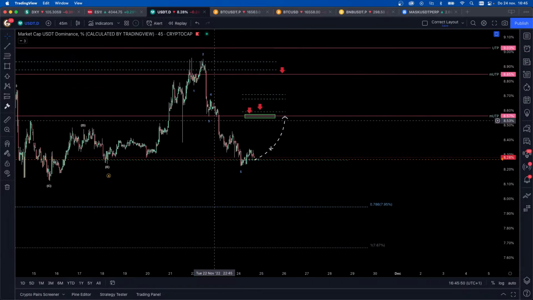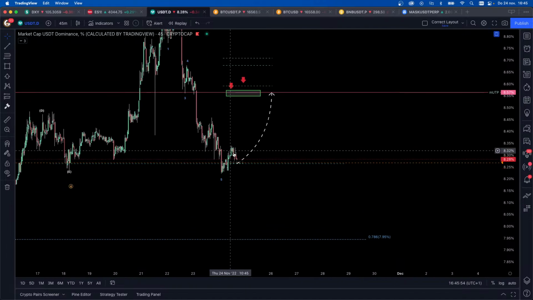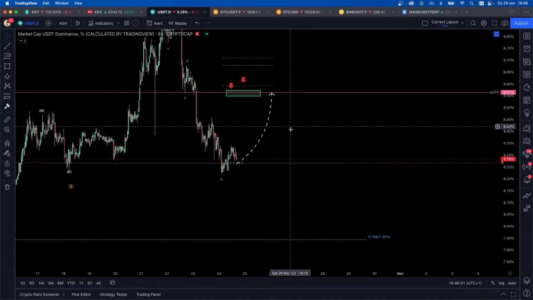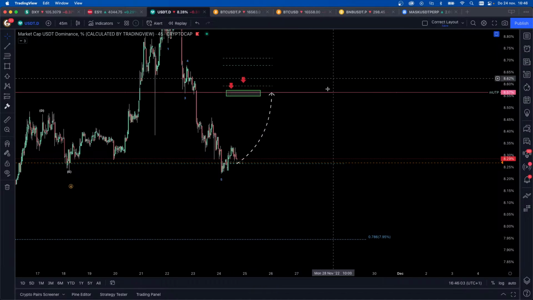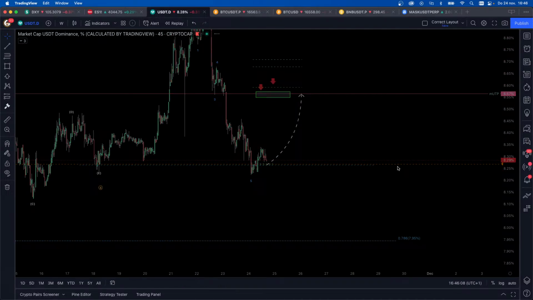So what would you like to see? Your first higher low, bounce, and then a break of this structure. Then it taps this untapped price region, comes back in, another higher low, and then we can look for higher. I had on the high time frame for USDT